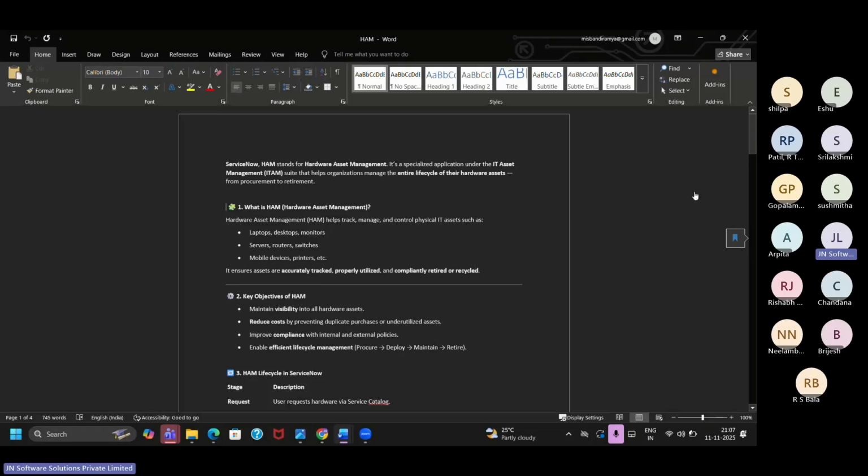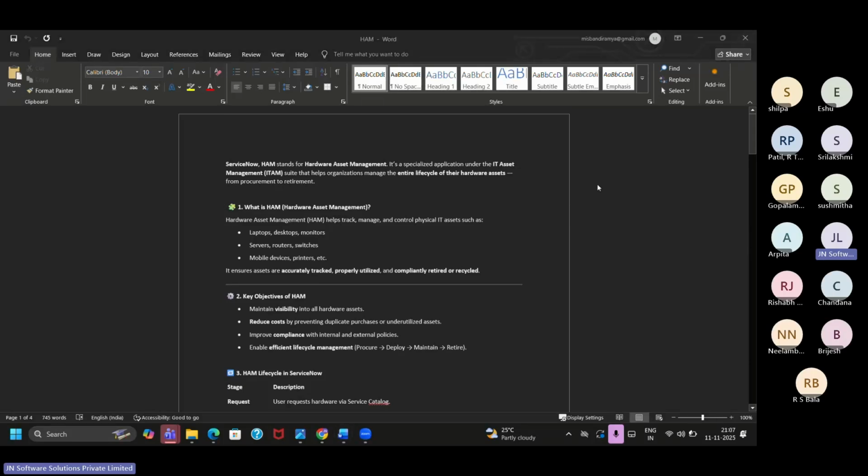And today we are going to understand two more modules: hardware asset management, software asset management, and after that, we will see HRSD. So with this, we will complete the modules overview, and later we will start creating a ServiceNow account,